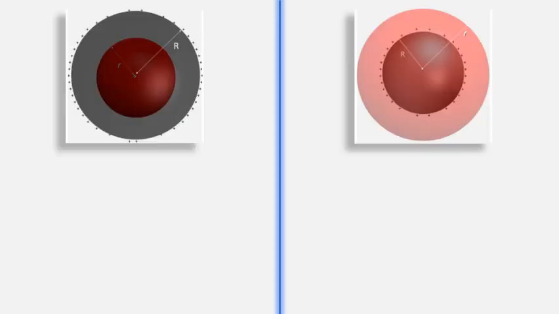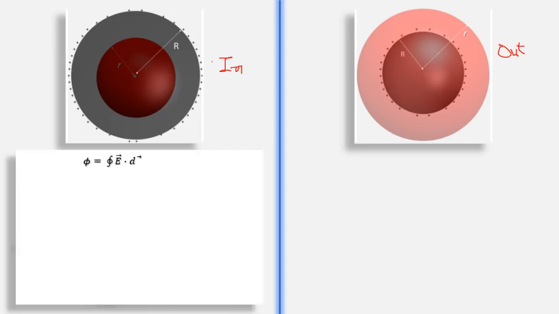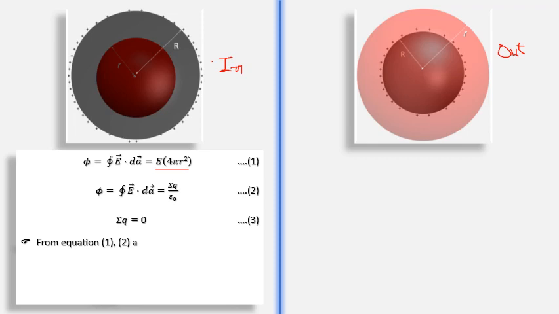So this is the situation in which we have the point inside the Gaussian surface, and this is the situation where the point where we are finding the electric field is outside. Okay, so let us compare. For the point inside, this is how we write the left side, E into 4 pi r square, and the electric field is 0 because the charge enclosed by the Gaussian surface is 0. Okay, so electric field is 0.